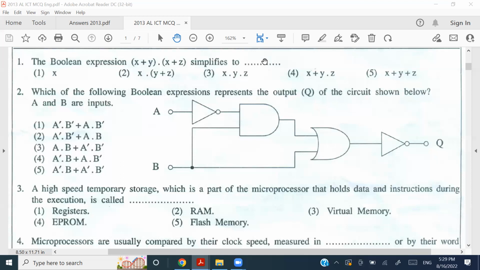And from here, B will be received over here, and this is going to be an OR gate. So the OR gate is going to give you A bar dot B plus B. And when it flows through the NOT gate, it's going to be the whole of A bar dot B plus B, complemented. Right? So you can't find this answer anywhere in the options. So what you need to do is